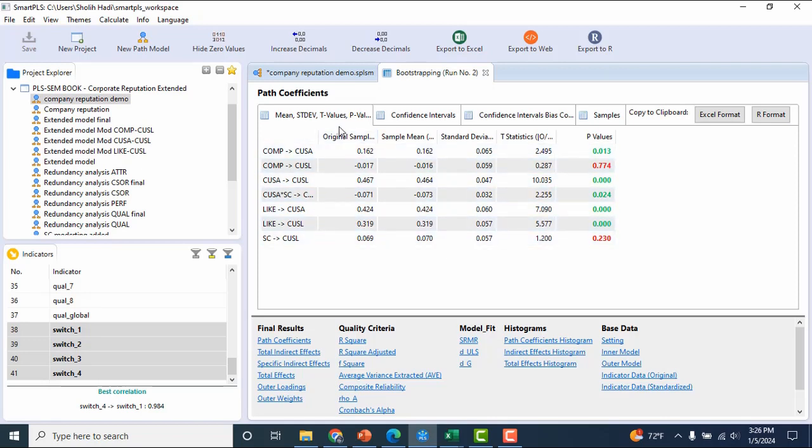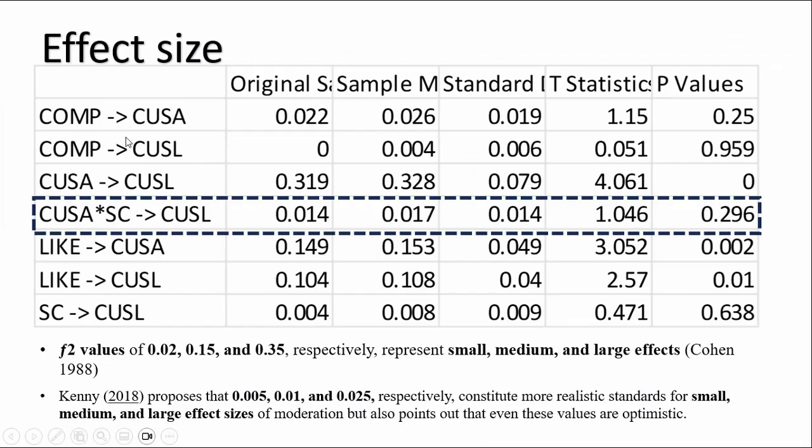And second one, we need to check the F square here. I already copied it here in the PowerPoint. Regarding the F square, we use different criteria. In the simple effect, we use Cohen 1988.